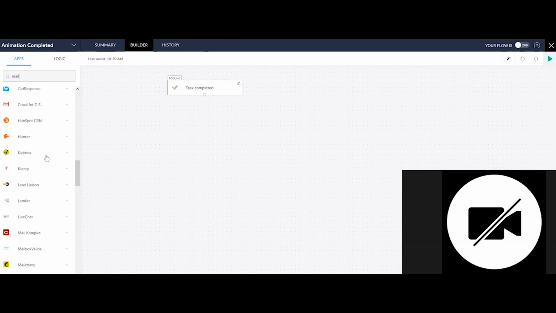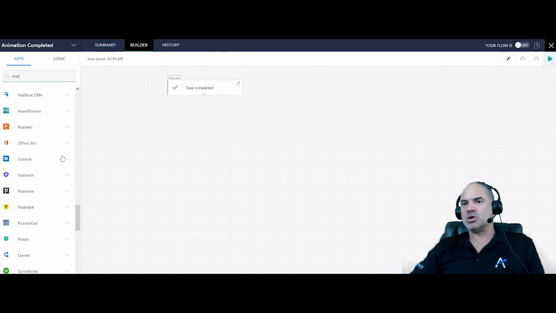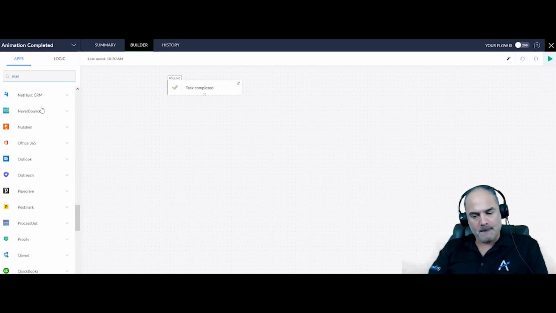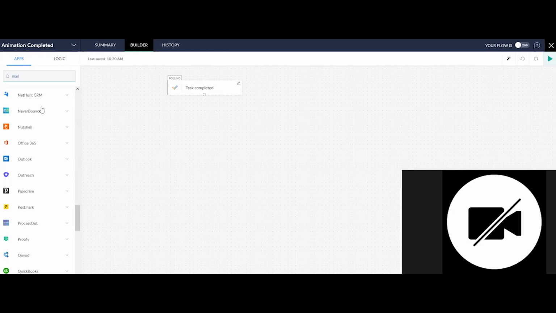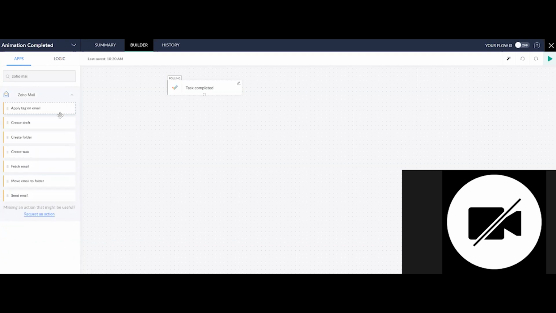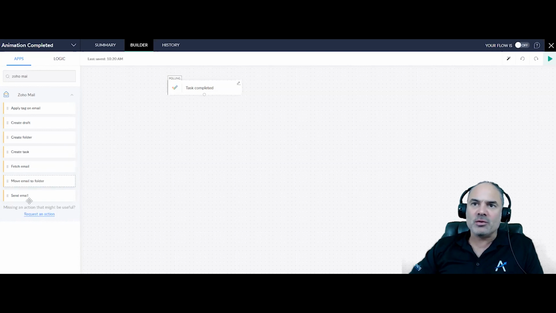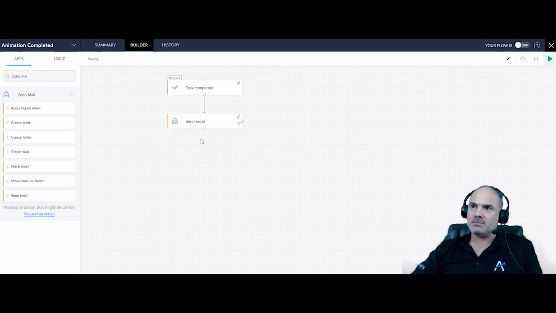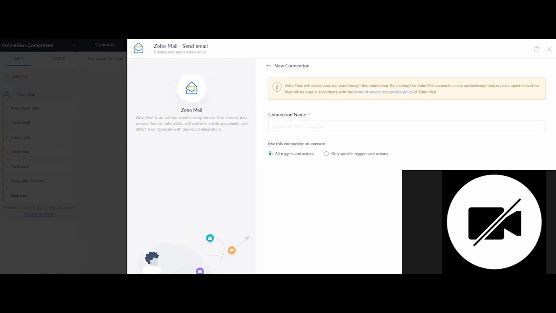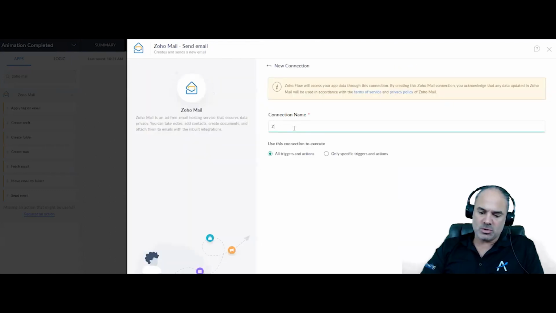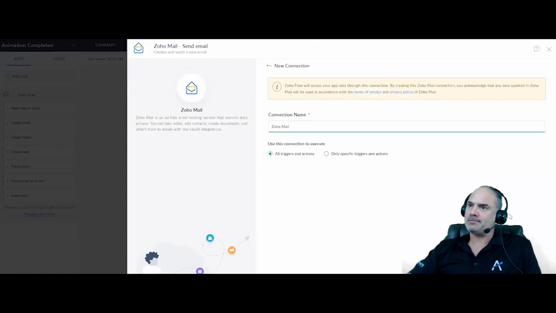And the something else will be to send an email. Which email service do you use? Gmail, Outlook, Zoho, which one? Zoho. So you see, in Zoho Mail you have a few options. One of them is send email. Okay, and let's call it Zoho Mail.